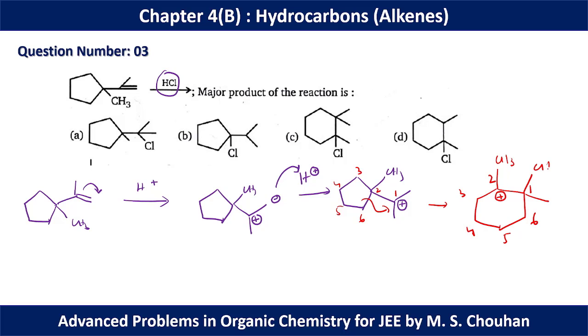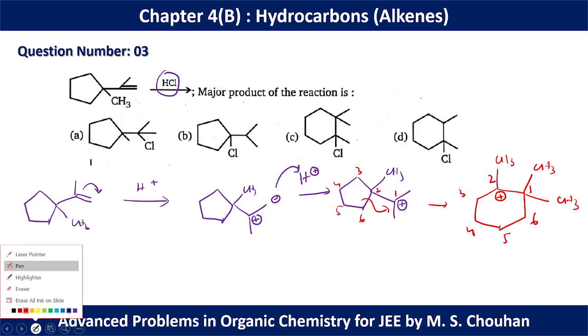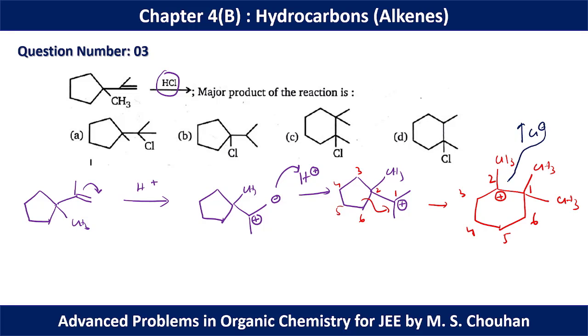Now we have to check whether rearrangement is possible or not, because after the expansion we may have an intermediate carbocation which can be involved in another rearrangement process, but here there is no possibility of rearrangement. So in this case the final Cl minus will approach this carbon, and finally we can have this situation. That's why you can say that for question number 3, option C is the correct option.